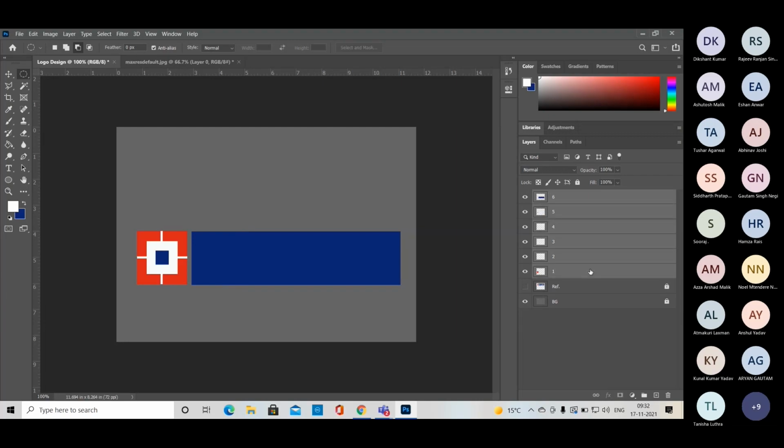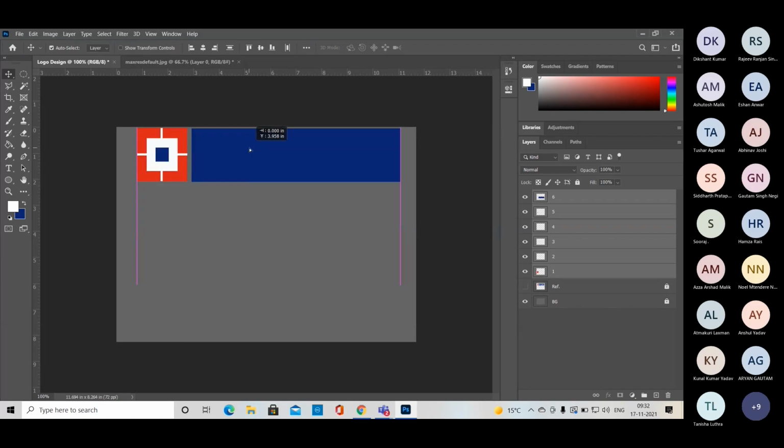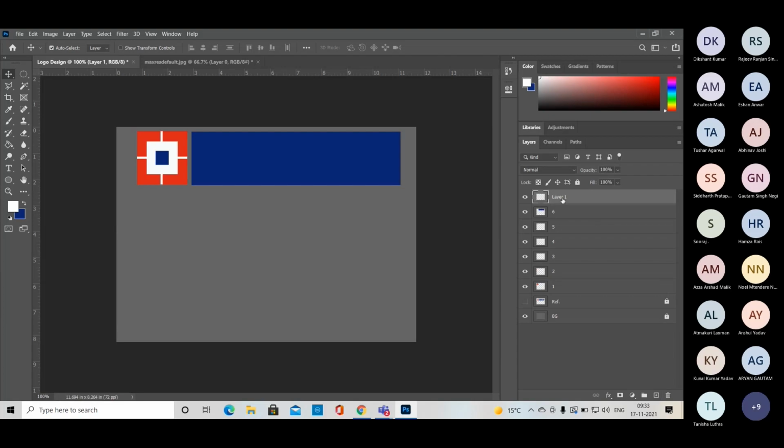And right. Then go to the move tool, right? Now we have space and we have to design something with another layer. Now, elliptical marquee tool, right?